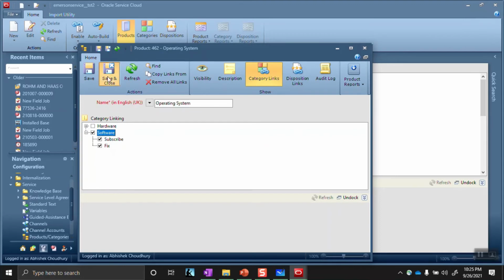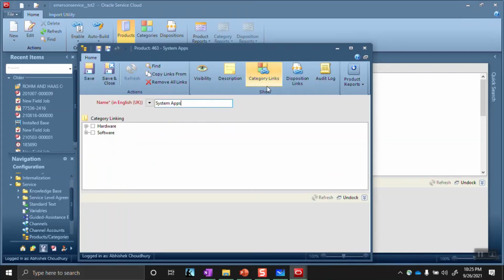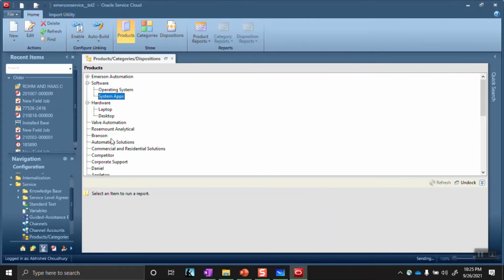Okay, save and close. Similarly, I'm going to system apps. So category links, software, subscription and fix. Okay, and save and close. So what I have done is I have actually linked the product with the categories.